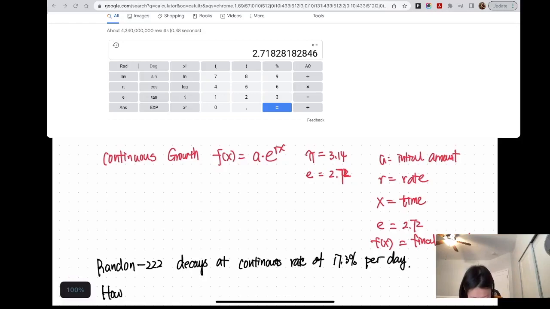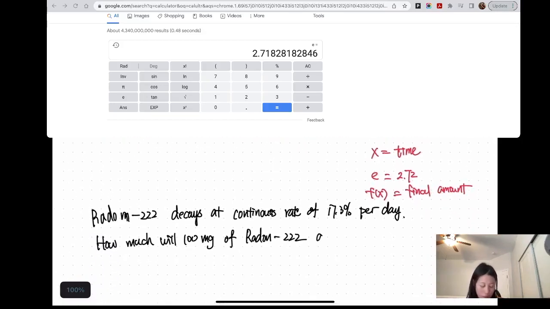How much will 100 grams of radon 222, okay, I spelled this wrong, sorry, I'm bad at spelling, radon 222 decay to